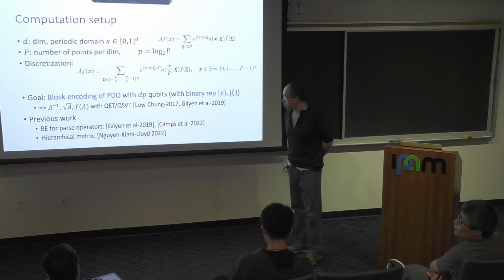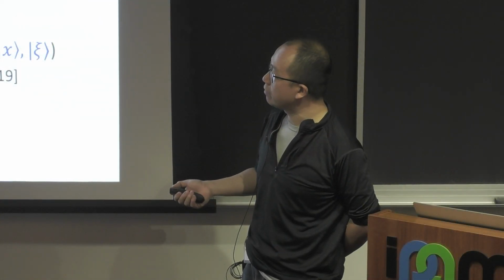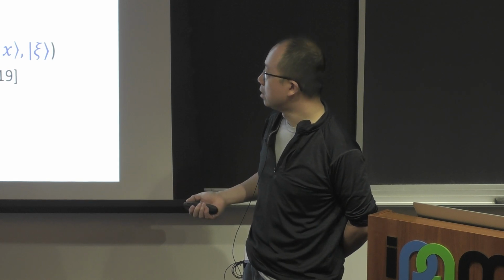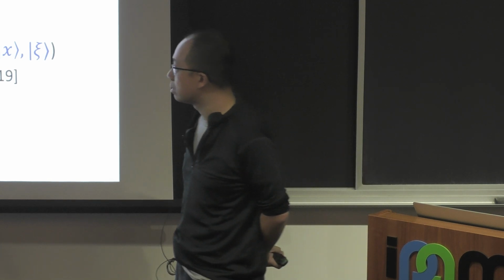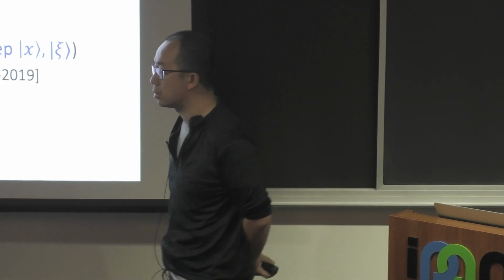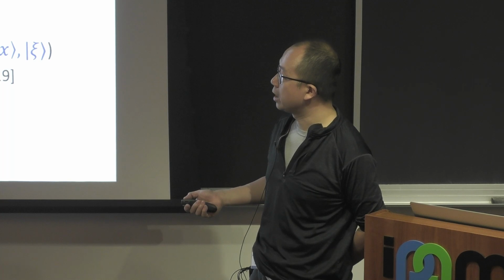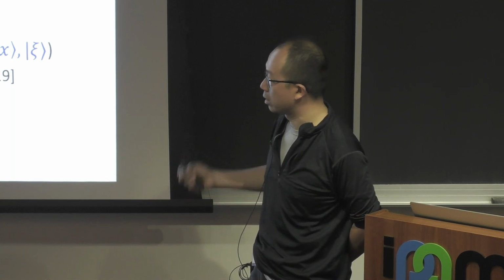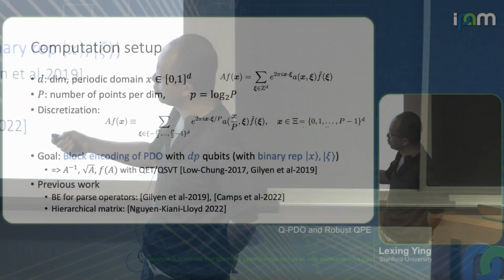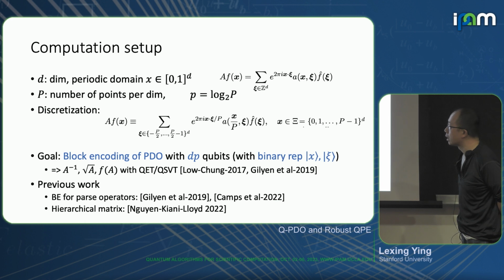Now, related to what I have on the previous slides, once you have the block encoding of the pseudo-differential operator, by using these recent developments, which you have heard many times, quantum eigenvalue transformation and quantum singular value transformation, you can represent many operators, such as A inverse, square root of A, f(A), using this block encoding. In some of them you can construct a symbol first and then represent it, but this is also an alternative.